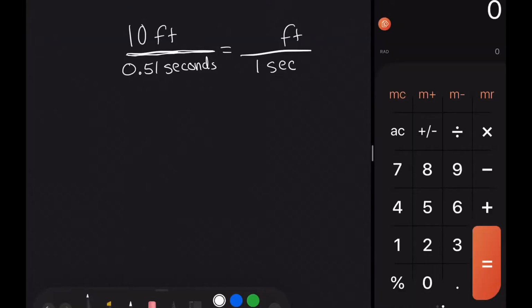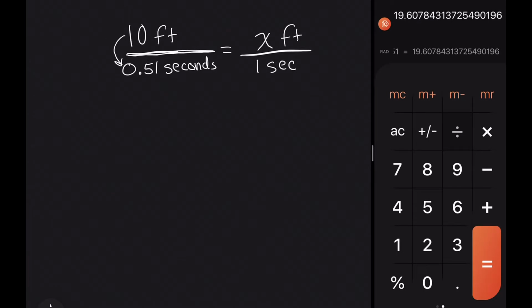All right, so you recognize this as a proportion, and we can change this to x feet per 1 second. Now, the best way to figure this out is to change the 10 feet per 51/100th seconds to a unit rate. And a unit rate is going to be per 1 second. So we're going to take those numbers and divide the 10 by the 51/100th seconds. So take 10 divided by 0.51, and we get the answer rounded